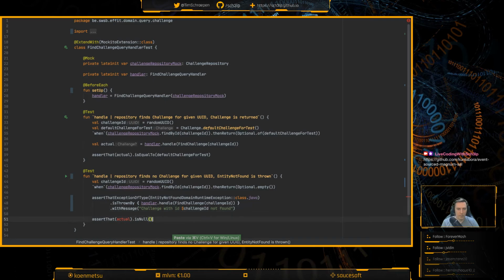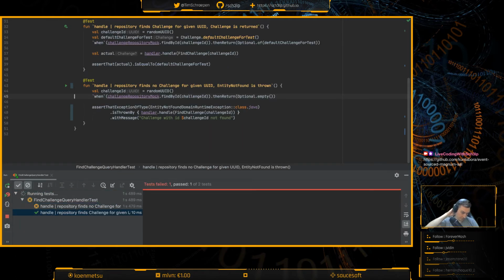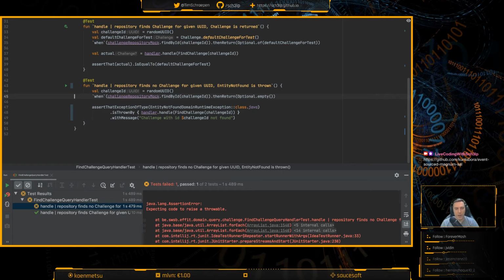Okay. And then not null, that's not a thing. Okay. Oh yeah. And this should fail, in fact. And what we can then do is implement it. Yeah.